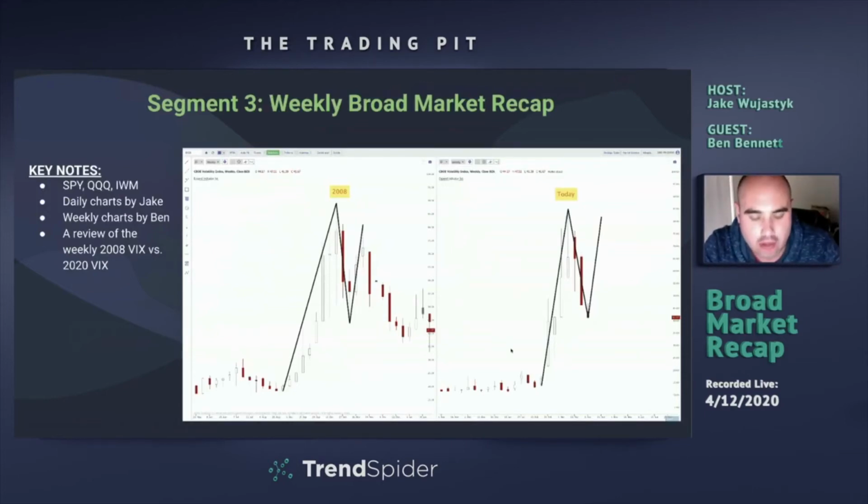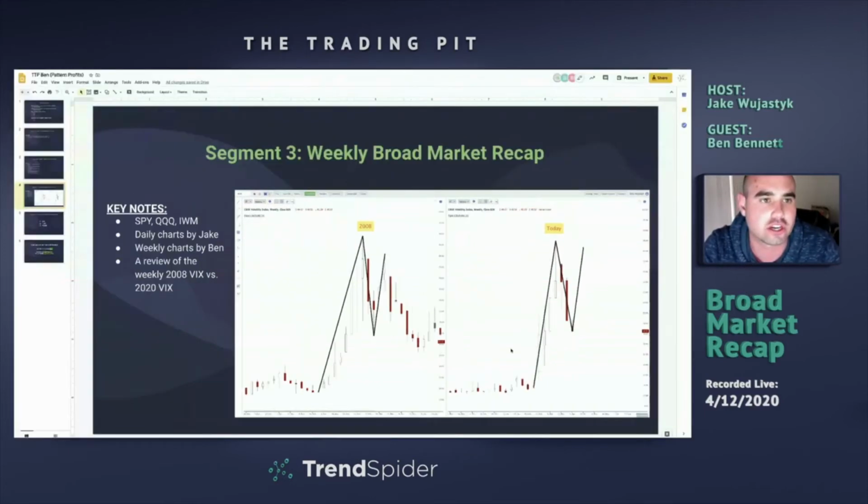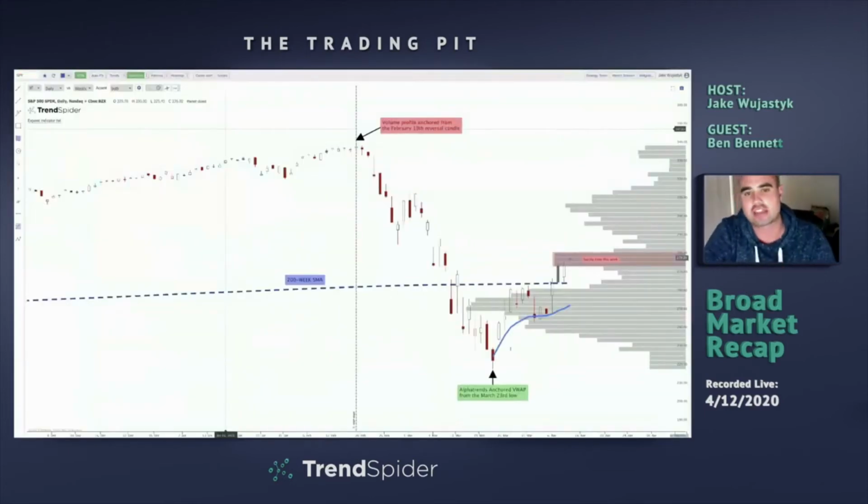So I'll jump in first. I'm going to share my screen here. We are going to look at the daily chart. As I mentioned, we've got a few things on SPY here. The main thing that I want to go over is the areas that we were watching last week, and see how those areas have now reacted, or how prices reacted with those areas now.